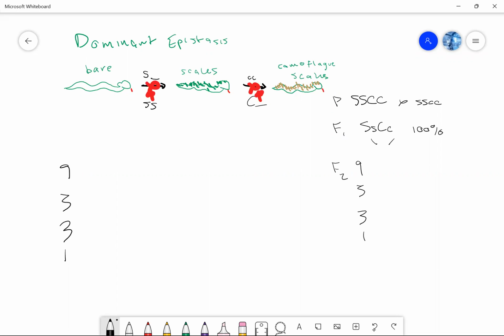And so we have 9 individuals that are dominant at both loci, 3 that are dominant at one and recessive at the other, 3 that are recessive at one and dominant at the other, and then 1 that is recessive at both loci. And so we can see that these 9 individuals,